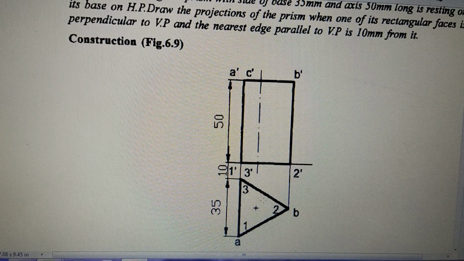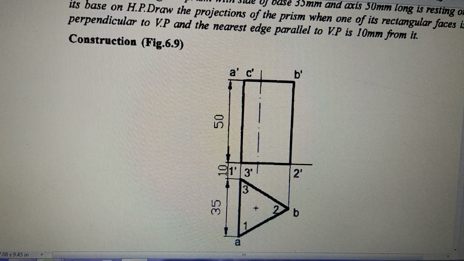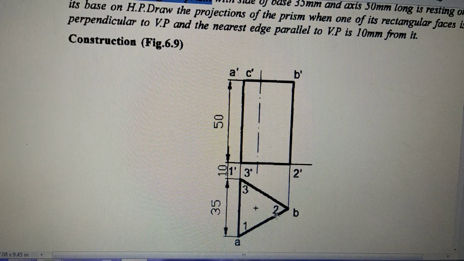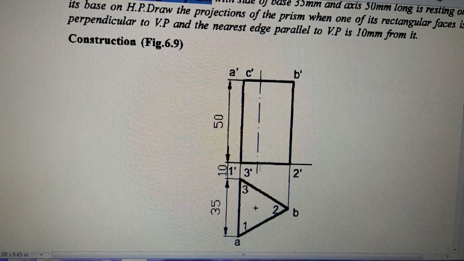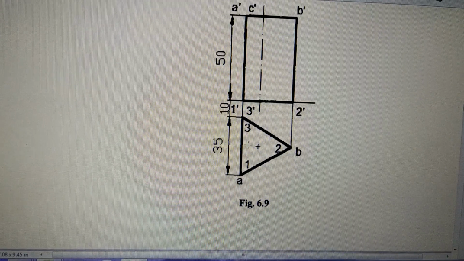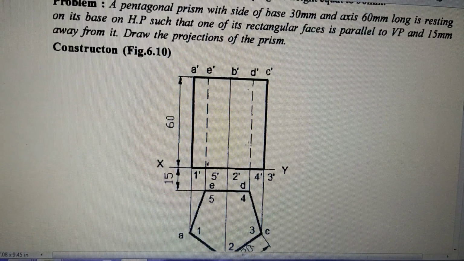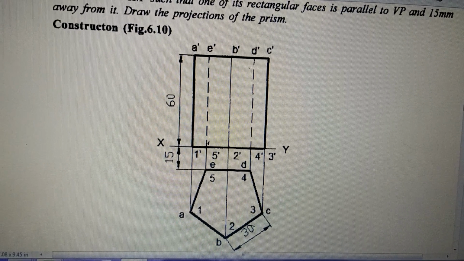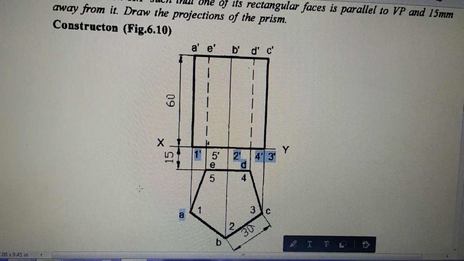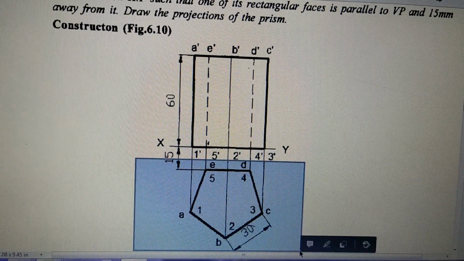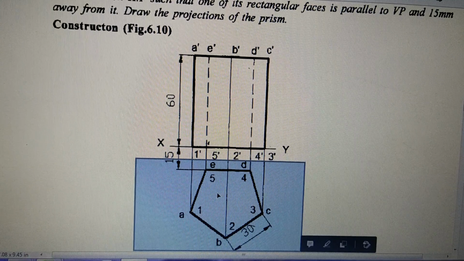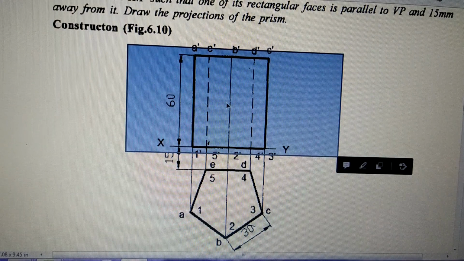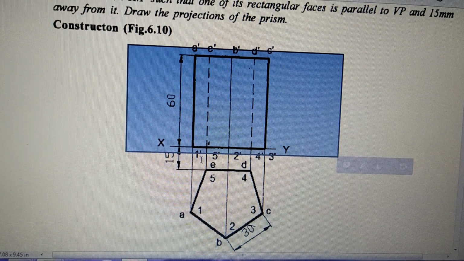So this time it is a triangular prism. You can read here, triangular prism is written here. And this triangular prism is drawn as per the requirement. The top view is like this and then this is the front view. Now this is a pentagonal prism. According to the information, the pentagon is drawn here as per the requirement in the top view, and then this becomes the front view. So in the front view, the edge at 5,